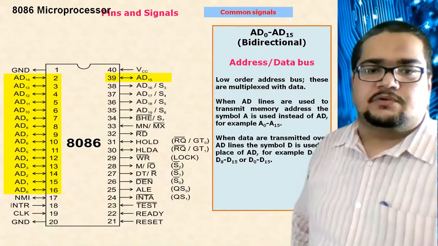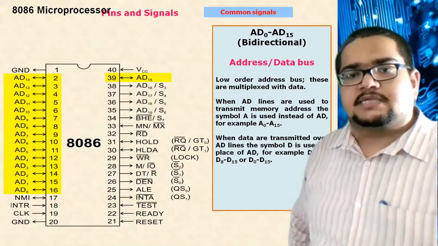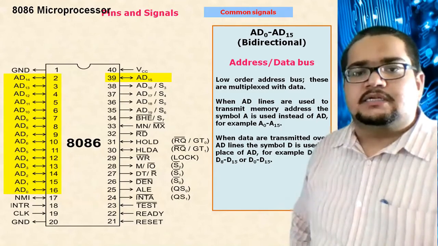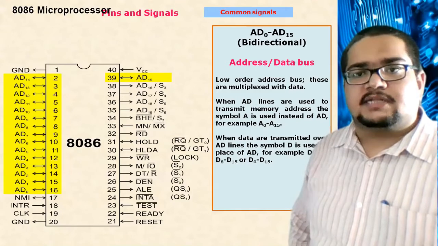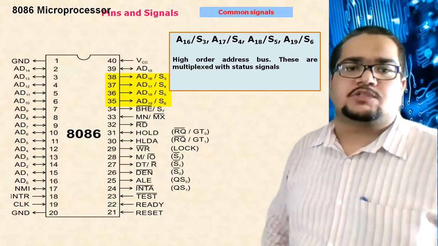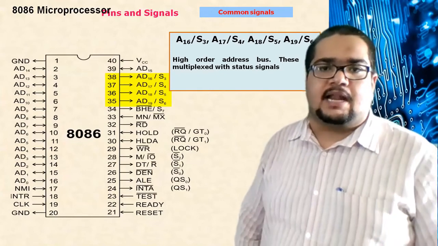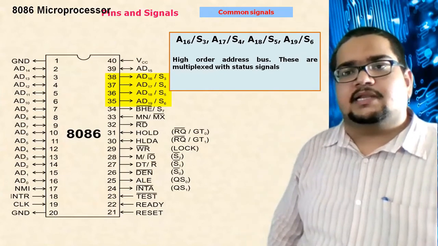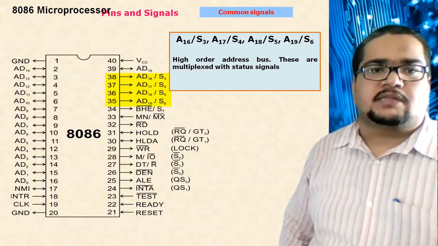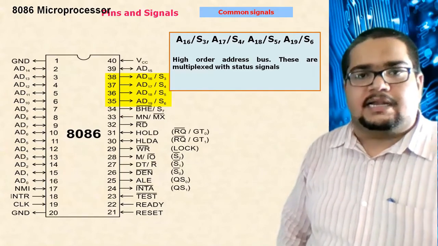Okay, let us continue here. As we have already discussed these address and data lines, I hope we can easily understand it. So the lower 16 bits of the address bus are also the 16-bit data bus. After that, another 4 bits of the address bus are required. We are calling them the upper 4 bits of the address bus, that is address lines 16, 17, 18 and 19. Starting at A0 and ending at A19, there are a total of 20 address lines. Those are these particular pin numbers: 38 down to 35, that is 38, 37, 36, 35 are the address lines 16,